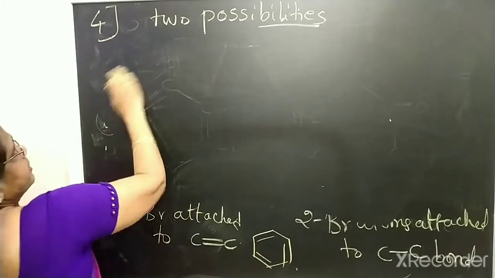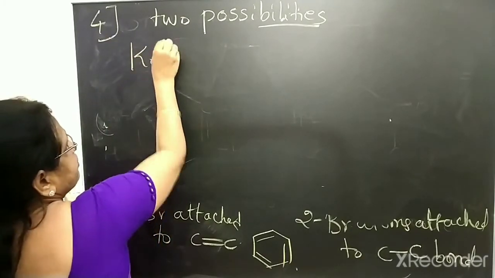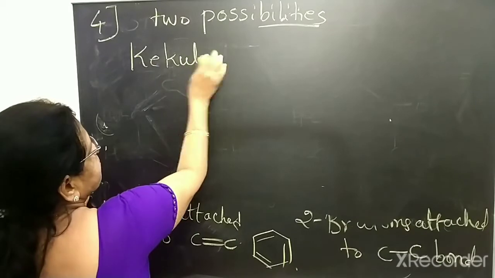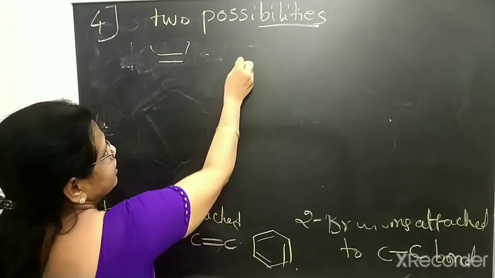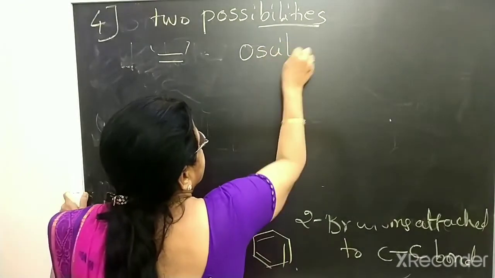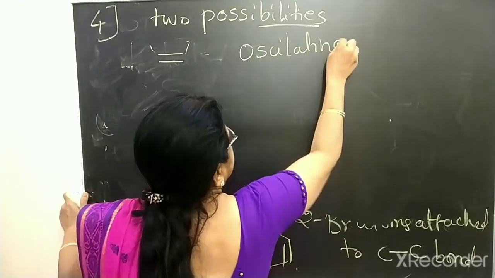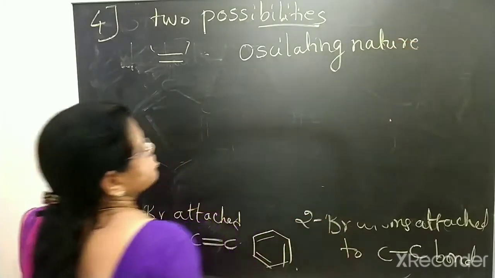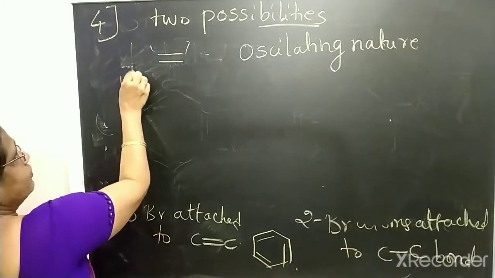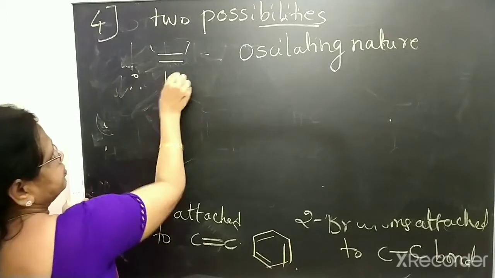So it indicates that the double bonds present in benzene have an oscillating nature. Therefore Kekule